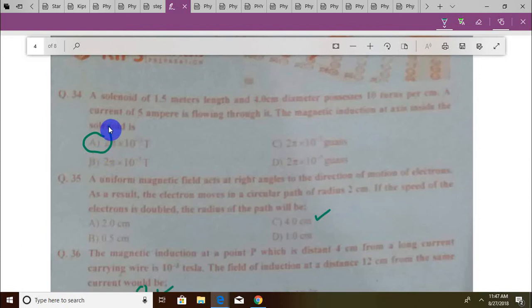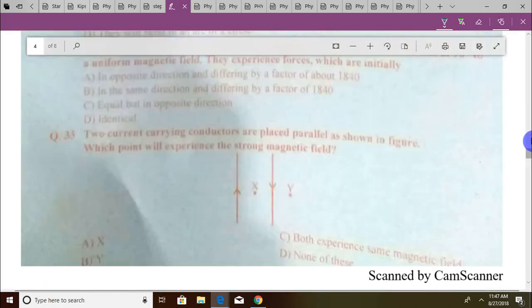4 गॉस होते हैं। गॉस में कन्वर्ट करना होगा ना, आप सिंपली उसको 4 से मल्टीप्लाई करेंगे तो बन जाएगा 2π × 10⁻¹ गॉस। इंपॉर्टेंट बात है, ये कन्वर्जन आपको याद होनी चाहिए। आपको ये भी पता होना चाहिए कि एक टेस्ला कितने न्यूटन्स के इक्विवेलेंट होता है, 10⁻⁶ के माइक्रो के।